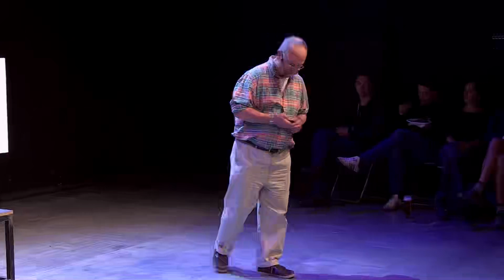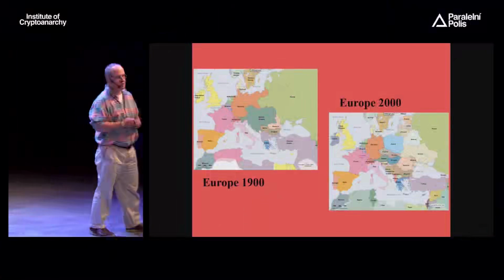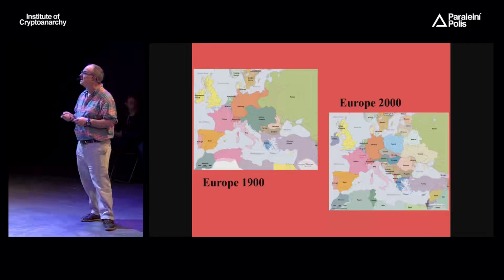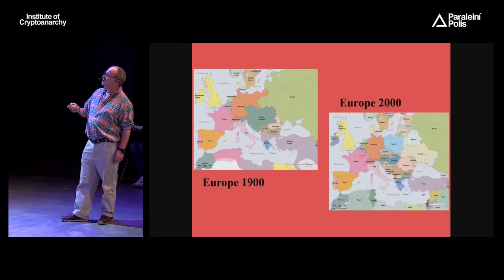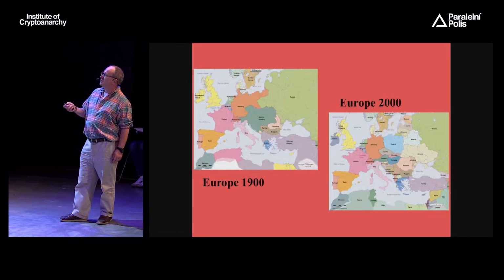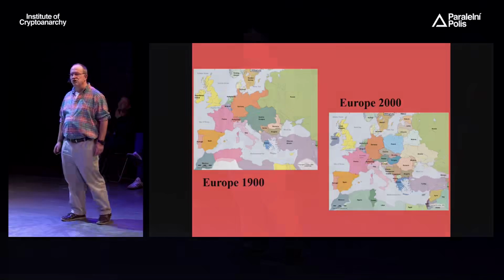So the world political map is a changeable feast. It's by no means static. If you go back to the beginning of the 20th century, Europe politically looked very different from the Europe we know today. There was a Russian Empire. Germany was very much larger than it is now. Of course, there was the Austro-Hungarian Empire, the Ottoman Empire, and Northern Africa was all controlled by